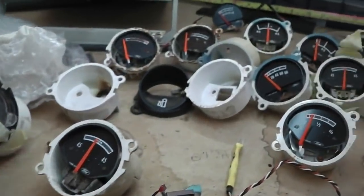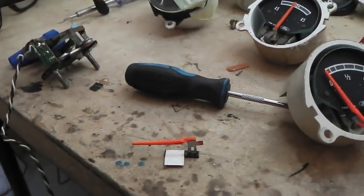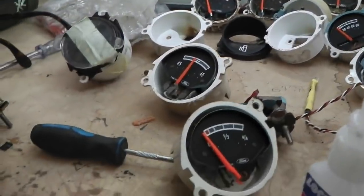stash the rest of the needles and gauges away. They're not needed. We'll make sure we pack them nicely. We'll put them all back together so that they're safe and that they're not exposed. We don't want them needles getting damaged, so we'll make sure they all get packed away properly and put back